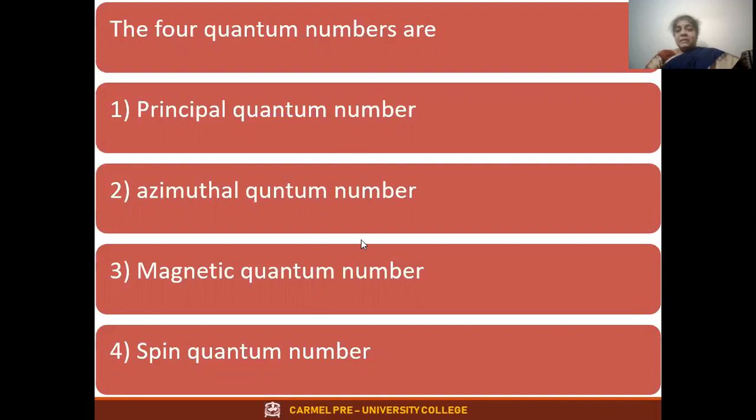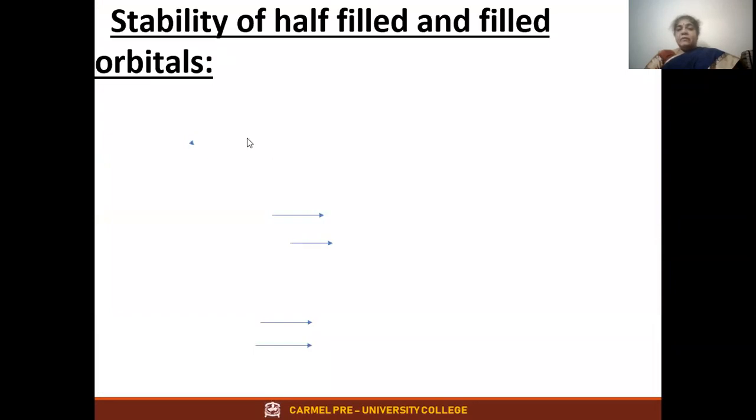Now using these 4 numbers, we understood how to write the electronic configuration, the rules to write the electronic configuration. By the end of the session, I will teach you how to write the electronic configuration of any element. Next, to continue with the rules for electronic configuration, we need to know the stability of half-filled and